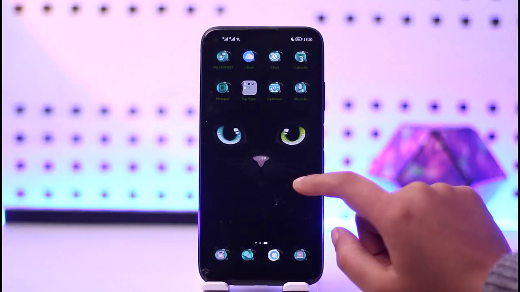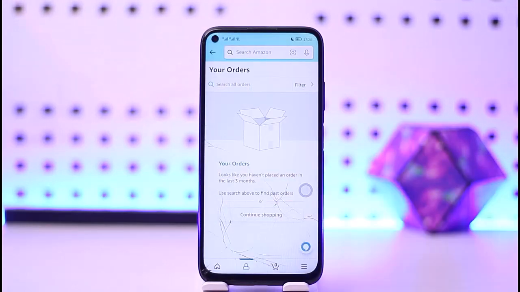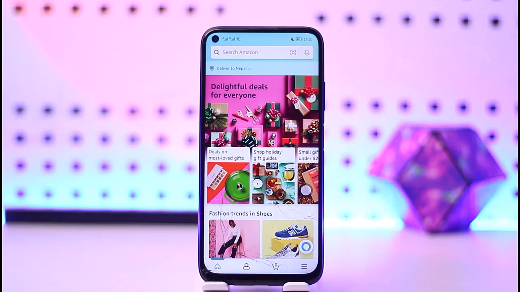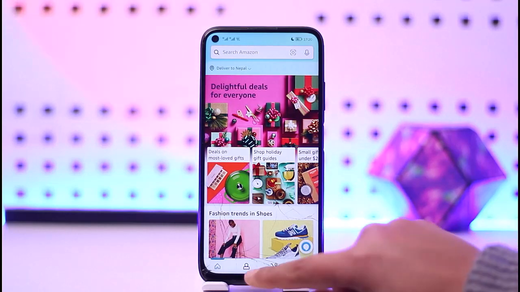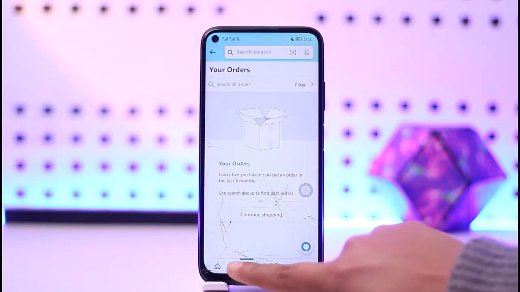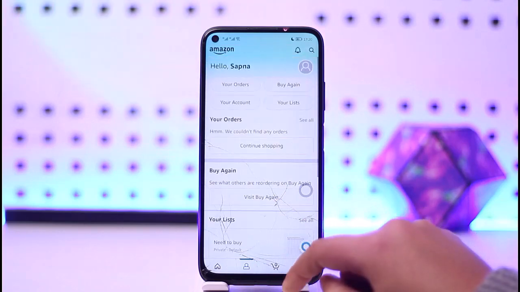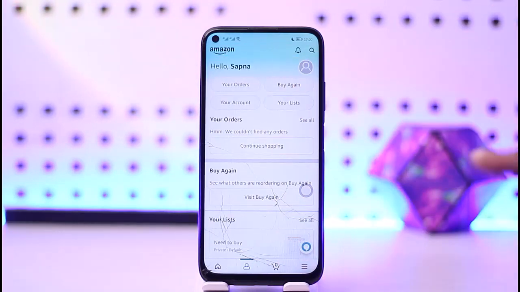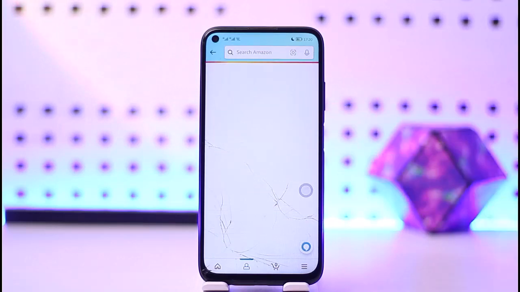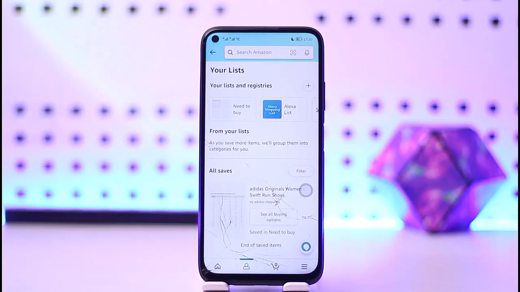For the matter, you're gonna access a particular Amazon shopping app on your mobile phone, and now here in this home section you're gonna find this kind of interface, right? So afterwards, if you would like to create yourself a wish list, what you're gonna do is simply go ahead, tap on this me icon just given right below over here, and then go back. So here in this section you're going to find this option called your orders, buy again, your account, and your list option, right? Go ahead, tap on this your list option, and now you're going to find all lists that